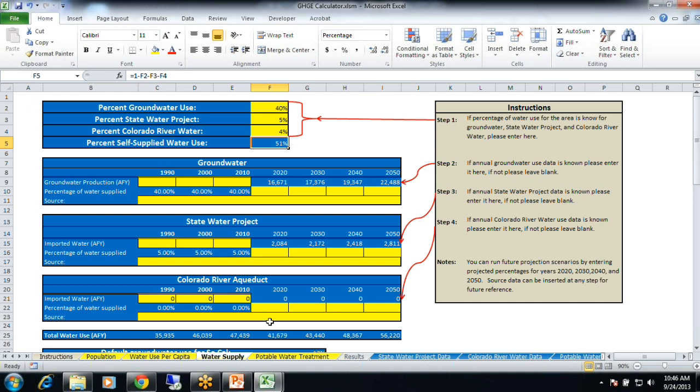And the amount reduction is 2,000 acre-feet per year. So you can calculate out what's the percentage for that, and it looks like that's about a 5% reduction. So that 5% reduction is going to come straight out of imported water. So basically their imported water is going to drop to 0.